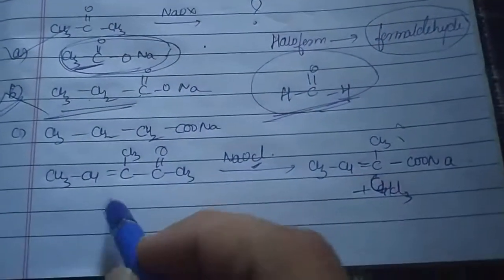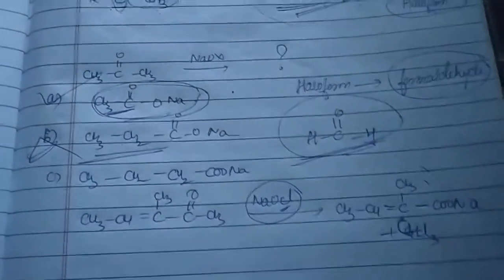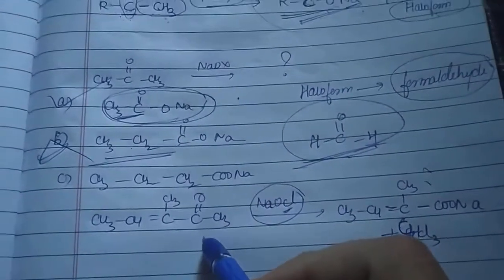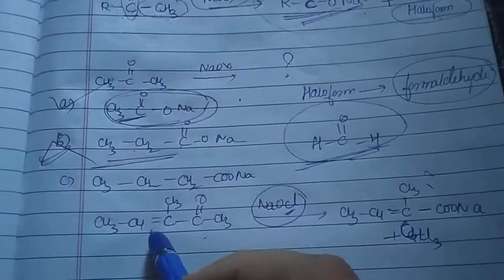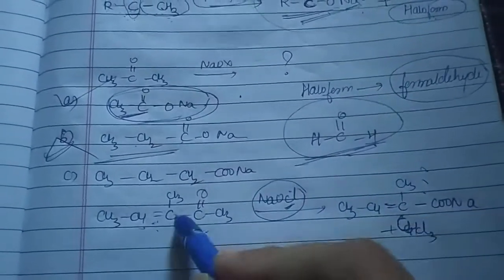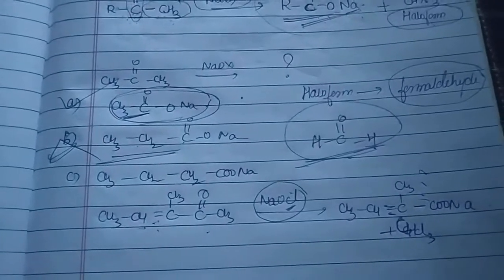But why have I used this example? Because remember, this sodium hypohalide is an oxidizing agent that only oxidizes your carbonyl carbon and not the double bond. It is not affecting your double bond. You can see in both the reactant and the product we have the double bond at the same position, which states what?